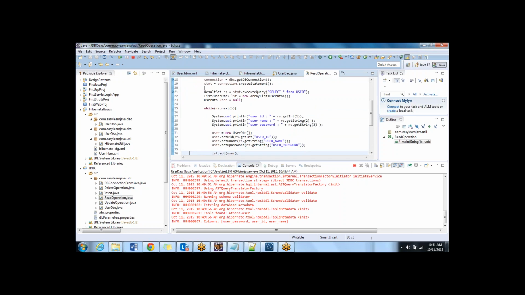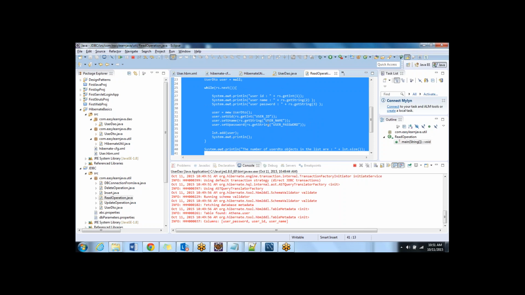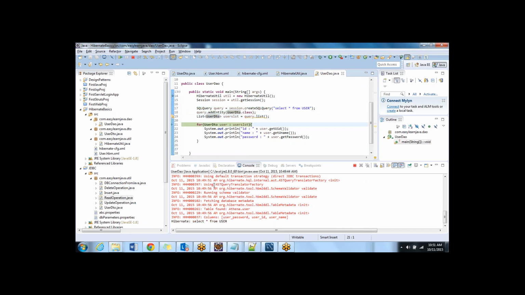See, we wrote all these statements for copying everything into an object and copying into a list finally. But in this concept, all I do is just write line number 19, one simple statement saying that, hey, copy all the output into a list of user DTOs. That is what I write. So I execute this. As soon as I say line number 19, it says select star from user is executed,